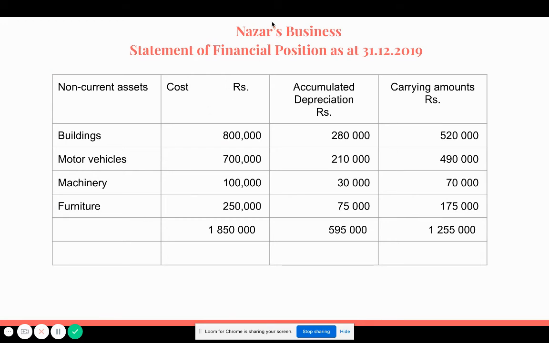So Nasar's business statement of financial position as at 31st December 2019, non-current assets names you will be given, costs will be shown like this, and the accumulated depreciation will be shown like this,